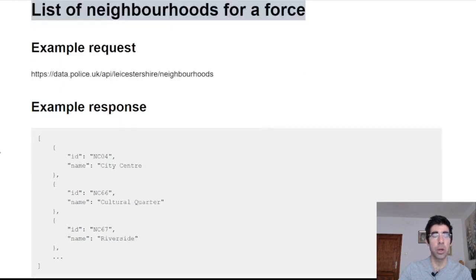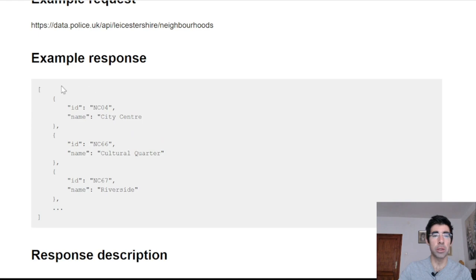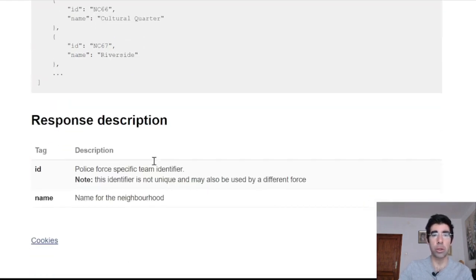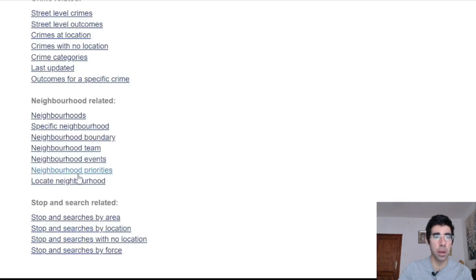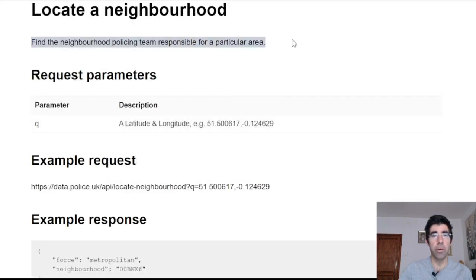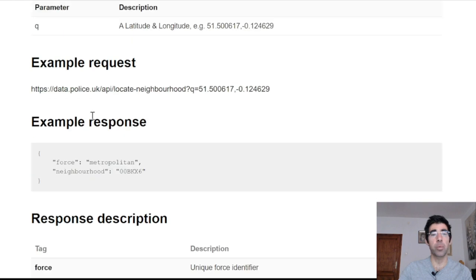So this force has all these neighborhoods under its provision. I don't know how it's called. And we also have the locate neighborhood at the bottom, and here we can provide a particular area like the latitude and the longitude and get which police department is